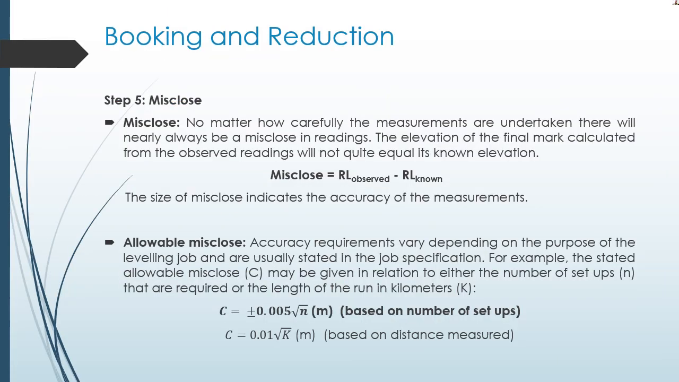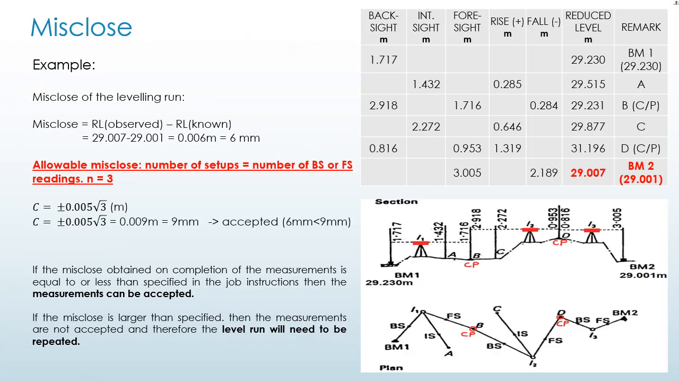So now move on to the calculation of the misclose of the leveling run, and compare that misclose with the allowable misclose or the maximum value using the given formula. So in the next slide, we're going to see the example. In this example, what is the misclose of the leveling run? So the last point here is benchmark number 2. So the observed value or the measured value is